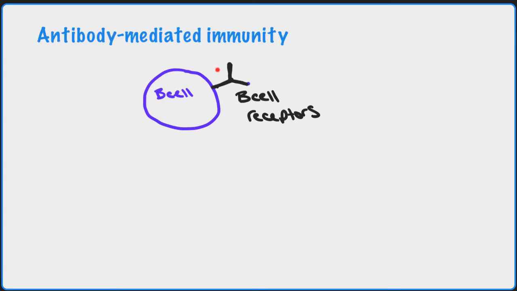But they have a lot of these, but they all recognize the same thing on that one B cell. However, there's a lot of variability, so each B cell differs from another B cell. And the idea behind this is that B cells can basically react to anything that they may encounter that is not a